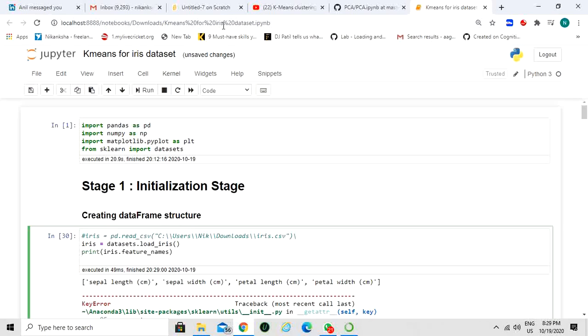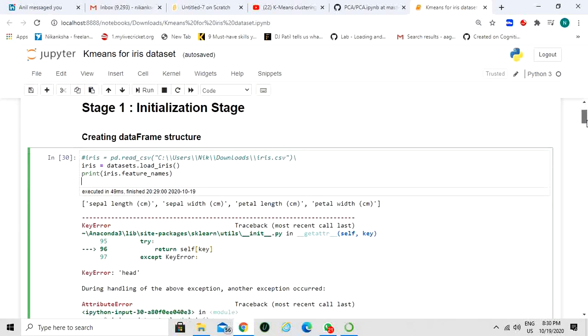So you can see here we have imported some important libraries. Pandas, NumPy, Matplotlib is for visualization, and sklearn is for the dataset. If you want to split your dataset into train and test, sklearn is useful for that, along with many other things. For the initialization stage, you can put the path of your dataset, and you can store that dataset inside the IRIS dataset with the name of